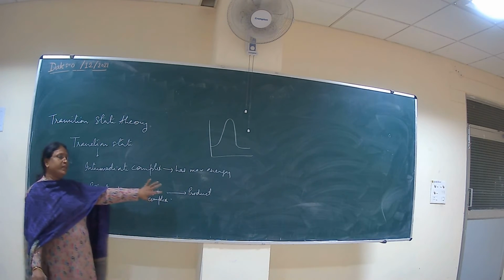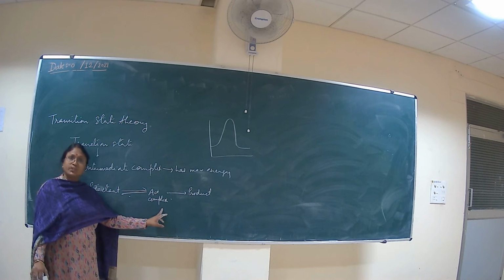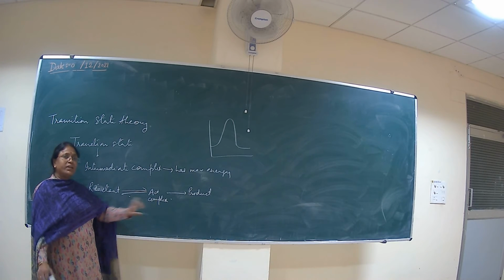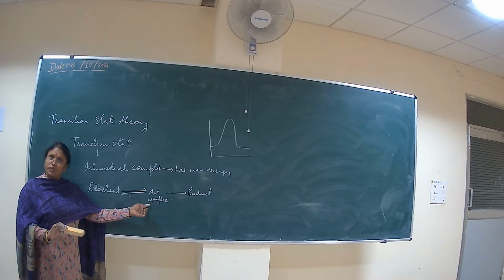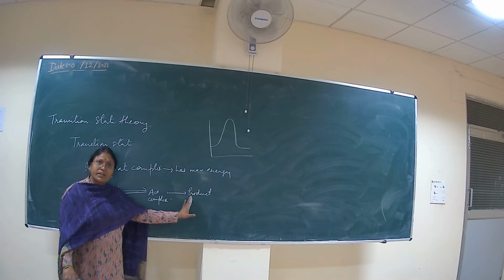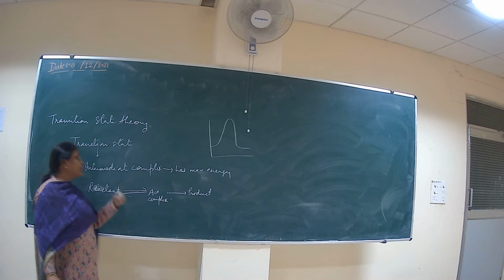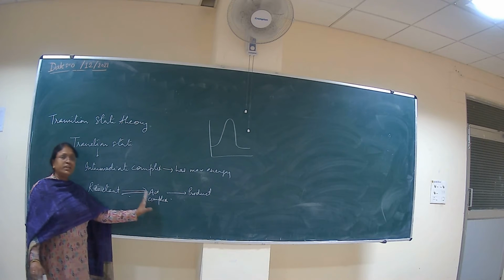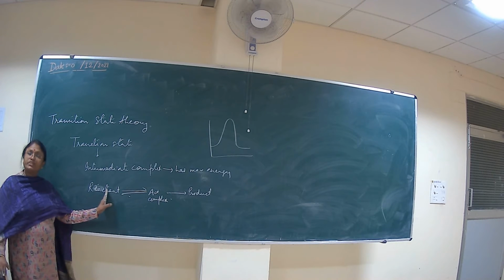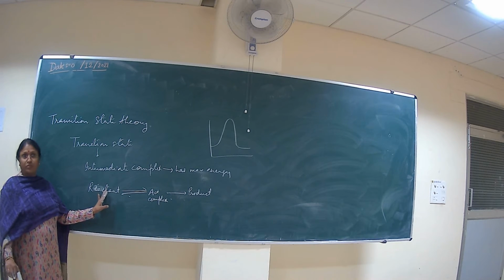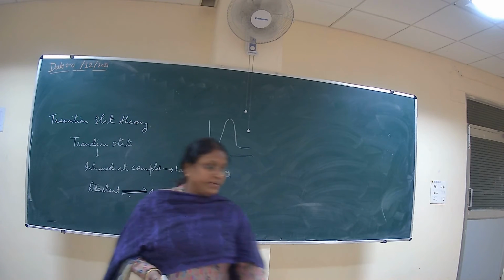Okay, so this is the intermediate state where the breaking of the old bonds and the formation of new bonds takes place. Okay, so यहाँ पर हमारा क्या है, new bond का formation शुरू हो जाएगा and old bonds का breaking शुरू होगा. Okay, तो अगर हम sufficient amount of energy provide करते हैं, then the complex is converted into the product, and if because of certain reason the energy is decreased, then immediately the complex is reversed back and it is converted into the original reactant molecule. Okay. So this is the transition state theory which was given by Eyring.